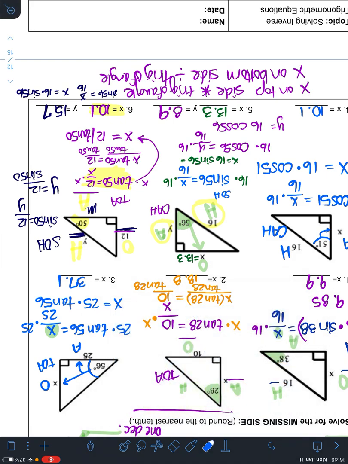If you have a problem where it is on bottom, like one of the ones we just did, the tangent of 50 is equal to 12 over x, remember, you still type in the side first. It's 12 divided by the tangent of the angle. Okay, so if it's on top, you multiply side times the trig, and if it's on bottom, then you do side divided by the trig, and that's what gives you the final answer. Be sure you check these on your